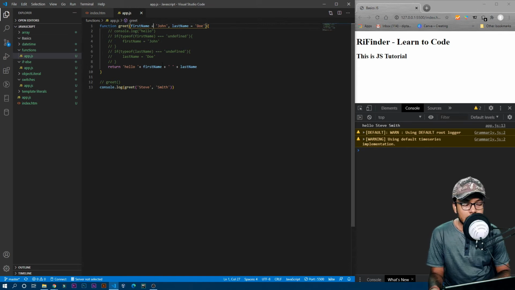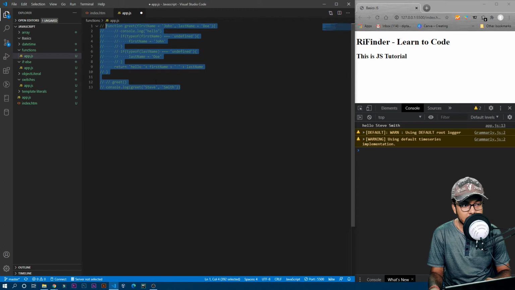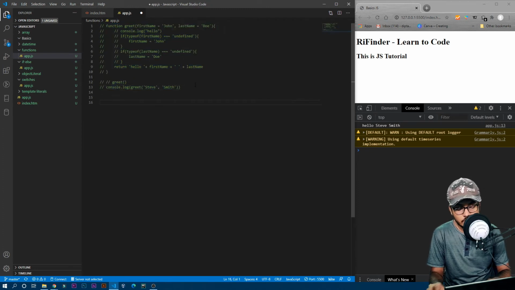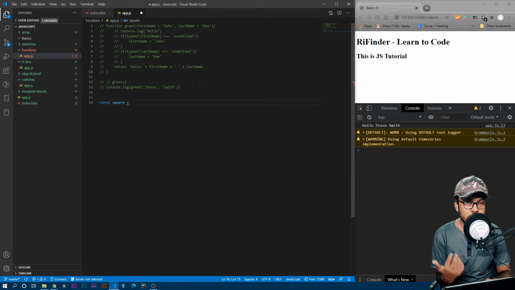And you can also create the function name directly with the var, let, const method. For example, you can see we created this function greet using function, then a space, then the function name greet, right? So I'll put it into a comment, and now let's do some other formats to create a function. Const, assume square. We want to make a function called square. But we didn't write function square, we wrote const square, right?